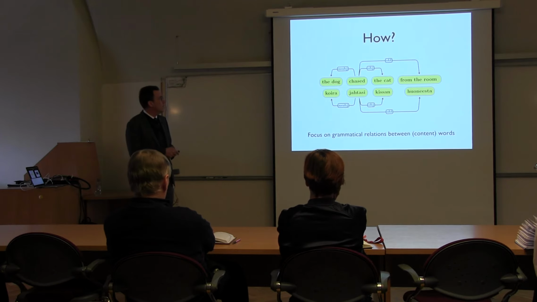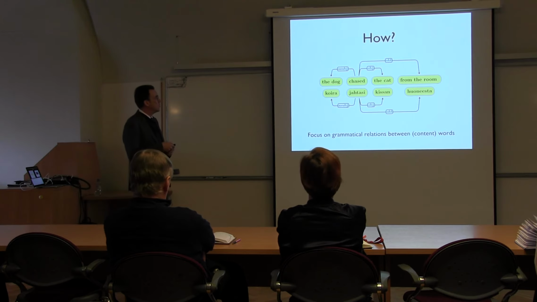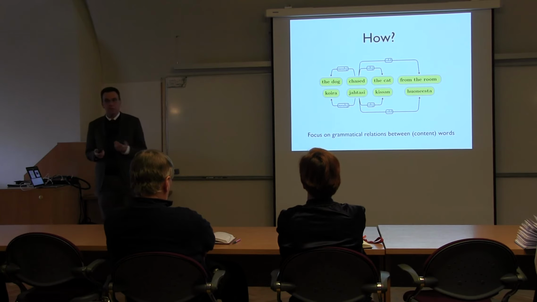So in English, it's not visible on the screen, but you do rely on word order to figure out which grammatical relations hold; the fact that the dog is the subject and the cat is the object is signaled by word order. And in addition, English makes use of grammatical function words like articles and prepositions. Whereas in this particular example, Finnish doesn't use any of these encoding devices, but instead it uses nominal case morphology. So we have nominative, accusative, and elative to signal the grammatical relations.